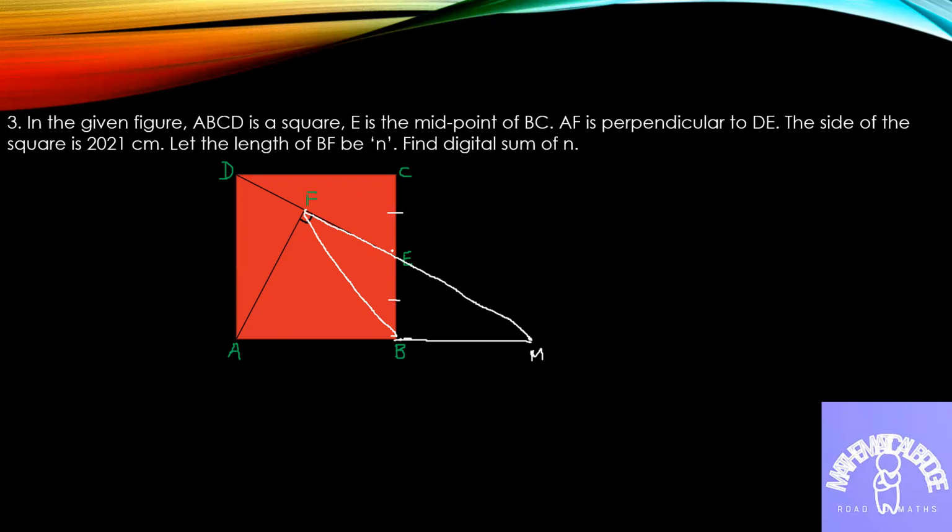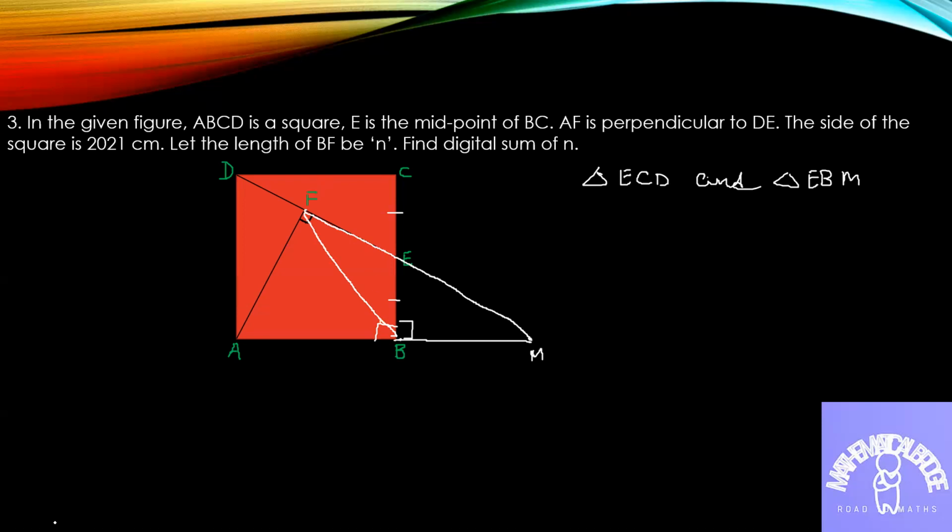Now see, triangle ECD. See, this is a square. This means all the angles are 90 degrees here. So angle C in triangle ECD. Triangle ECD I am writing, and triangle EBM. See, in both these triangles, since this is 90 degrees, this is also 90 degrees, you know that. But we have this extended part, so of course it is an obtuse angle. But we see only triangle EBM.